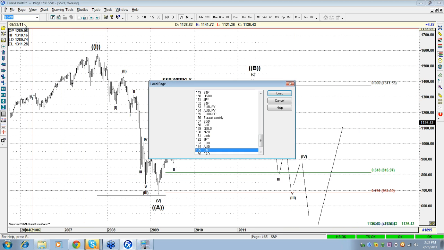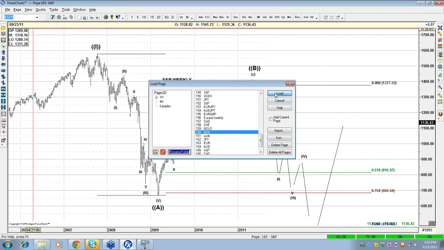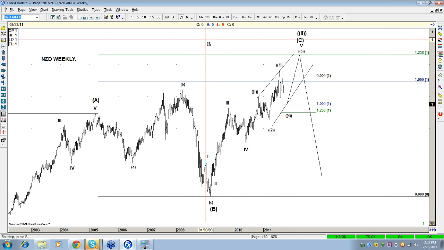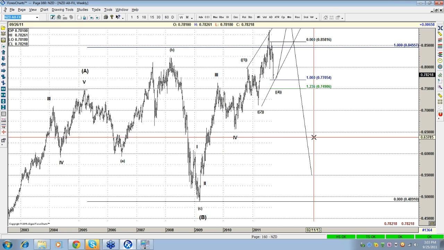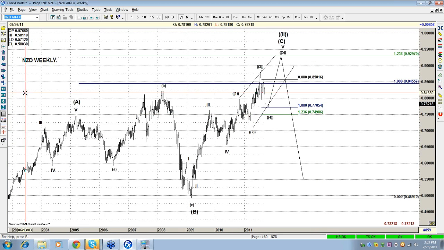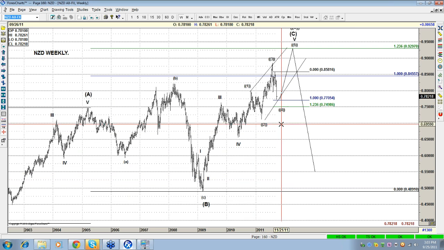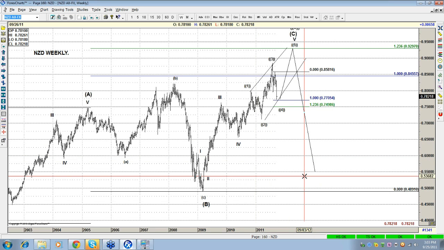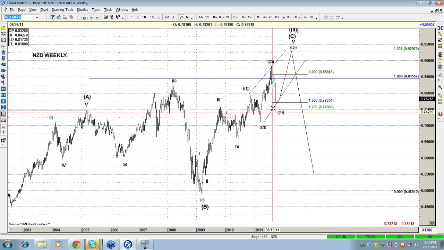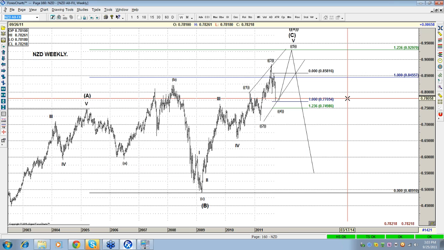Now, finally, let's go to the New Zealand. And New Zealand, I know the DV is in the same boat. We're trying to figure out how, because I see from here a 1, 2, 3 swing. See, how can it be so bearish or bullish on the CAD, bearish on the Aussie, bearish on the S&P, and I see New Zealand with this structure here.